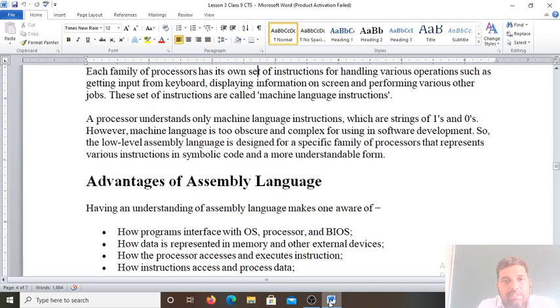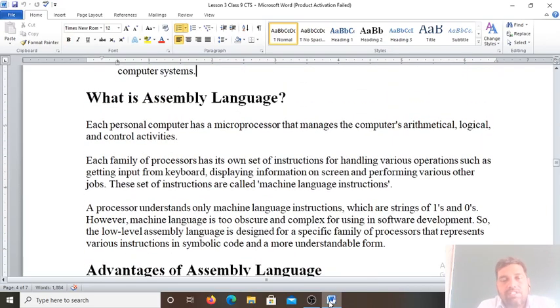What is the work of the assembler? Assembler is a software translator which translates the assembly code into the machine code. And what are the assembly codes? The mnemonics, short abbreviations of the instructions, are called the mnemonics. Like for addition we write add, for multiplication we write mul. The instruction we write, add x comma y, means the values stored in registers x and y should be added. Those are the assembly codes. For writing the assembly codes, assembly charts are there. With the help of the assembly charts, we write the assembly codes.